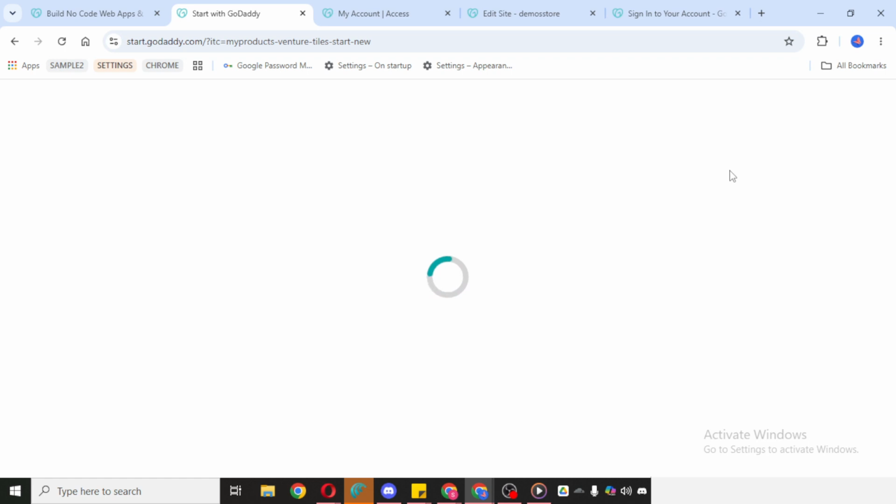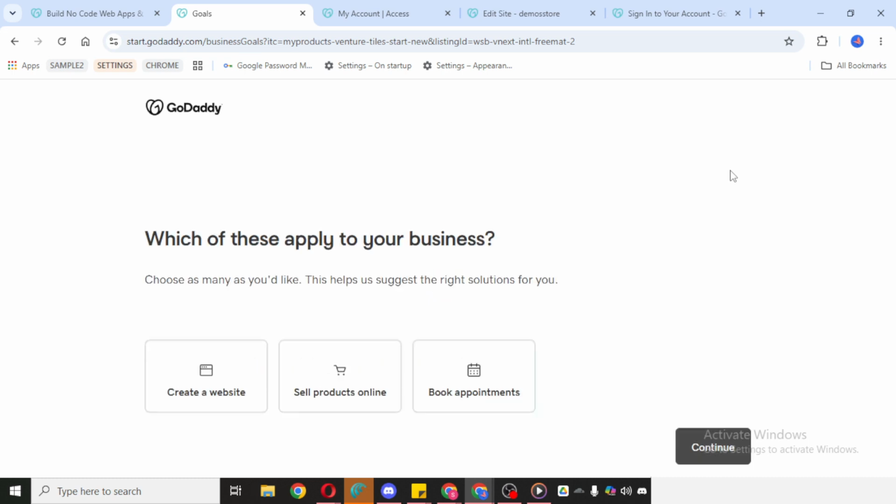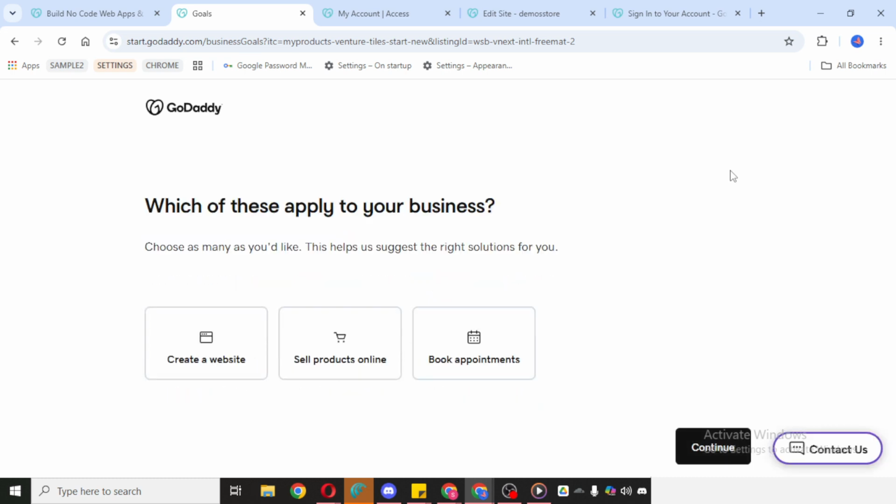Once the builder opens, you'll be asked to select a type of website or business category. Here, choose Online Store and click on it to continue. Even if your main goal is to showcase real estate listings or services, this option can give you useful layout features and business tools that work well for a property website.